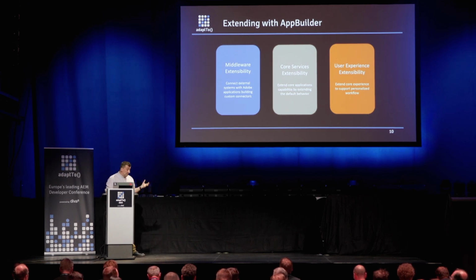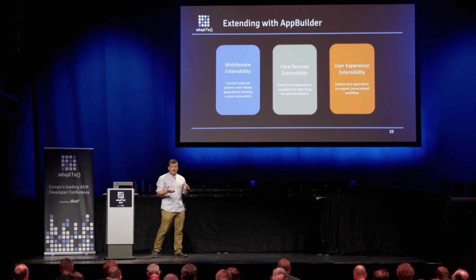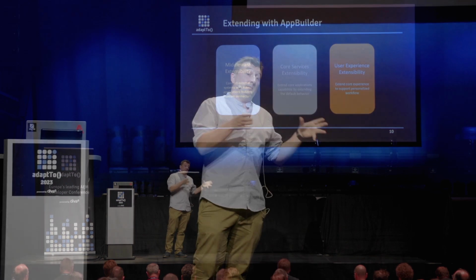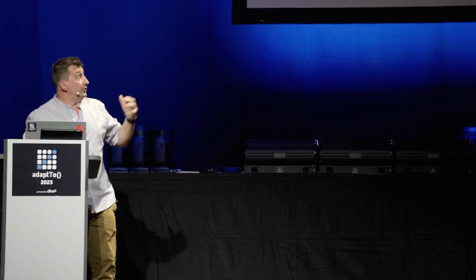OK, so when it comes to AppBuilder, we like to compare two types of application extensibility, what we call in-process and what we call out-of-process. In-process is what you would currently do if you're running code within AEM. You would be writing your extension in Java. You'd be doing a lot of things. In a lot of cases, it makes a lot of sense to write them because this is the best way to be able to get